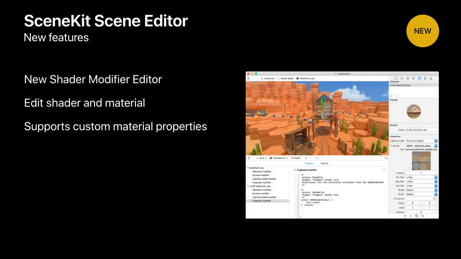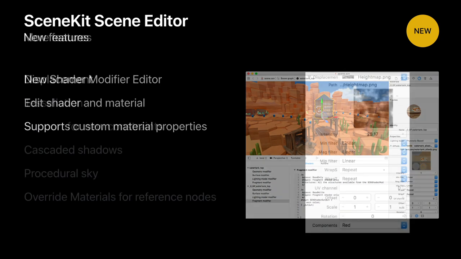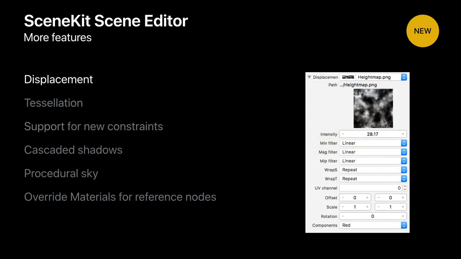We have also completely revamped the shader modifier editor. So now you can edit your shader modifiers as well as your material at the same time in one screen. You don't have to go back and forth selecting objects. It's a completely new implementation, and it also supports custom material properties. So if there are not enough property slots in your material, you can add colors, floats, or vectors to add your own implementation in your shader modifier. Very easy to use.